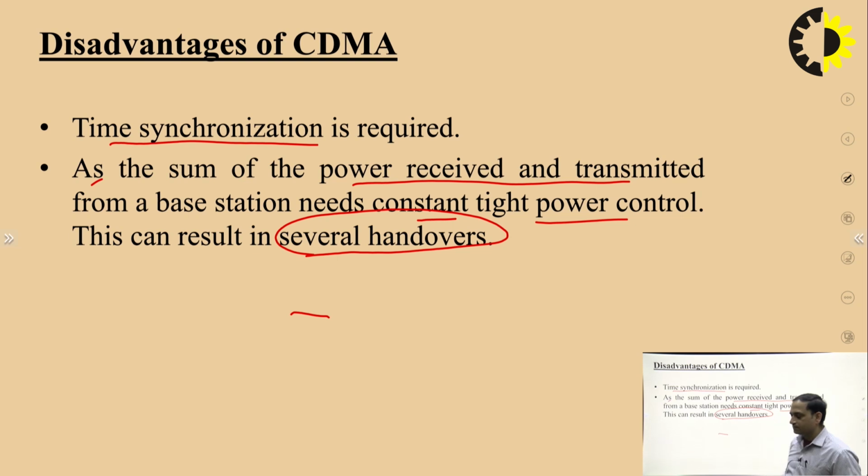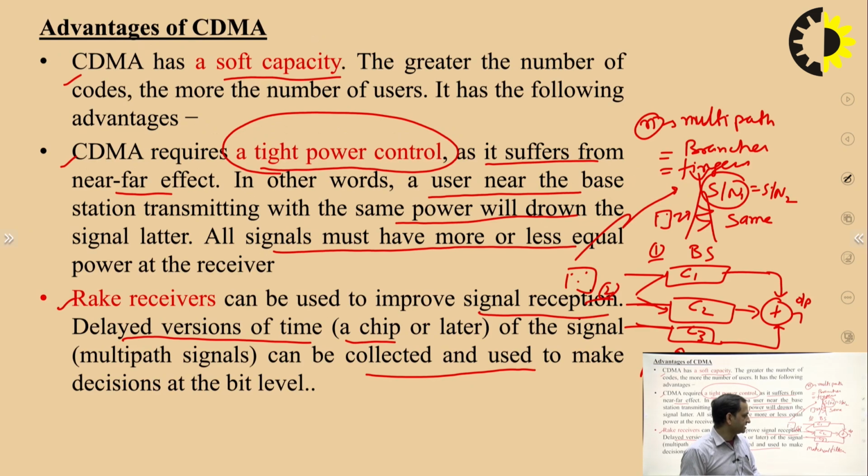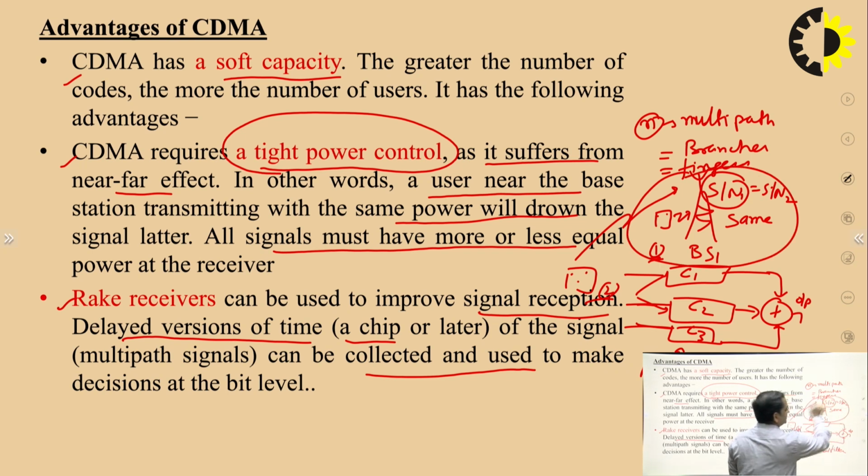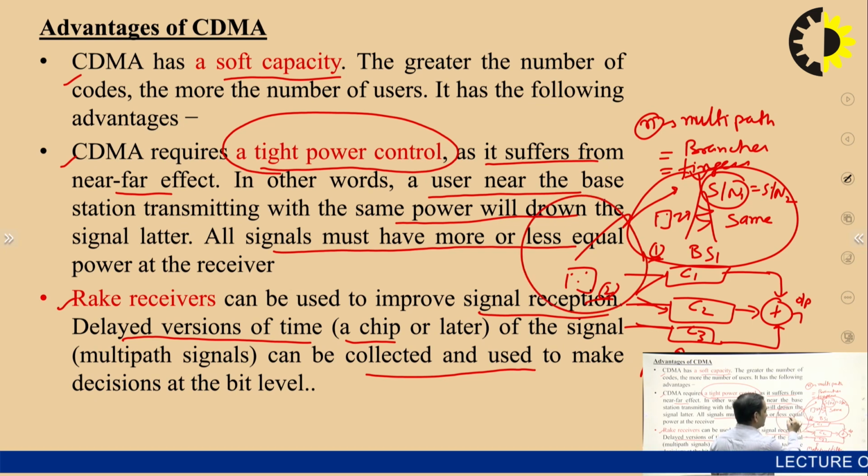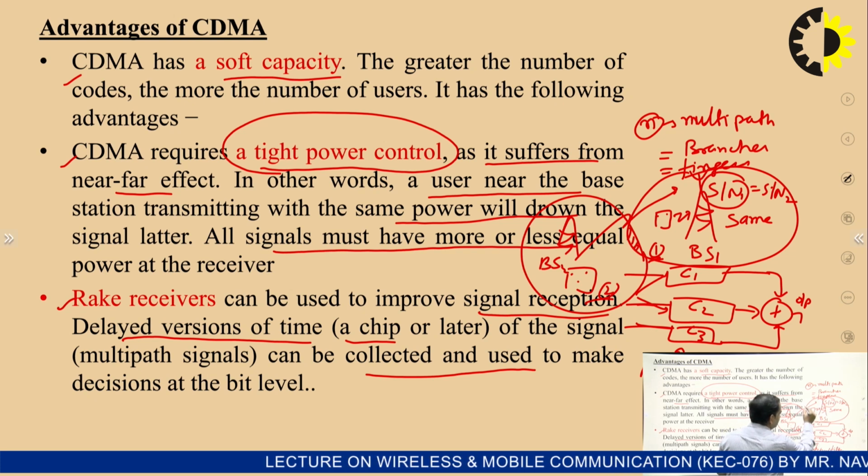As I mentioned in the previous slide, suppose user 1 is connected with base station 1, so this will be in one cell. Now user 2 is not in cell 1 but in the second cell, previously connected to the second base station, right? So what happens when it moves from cell 2 to cell 1? This is the overlapping,